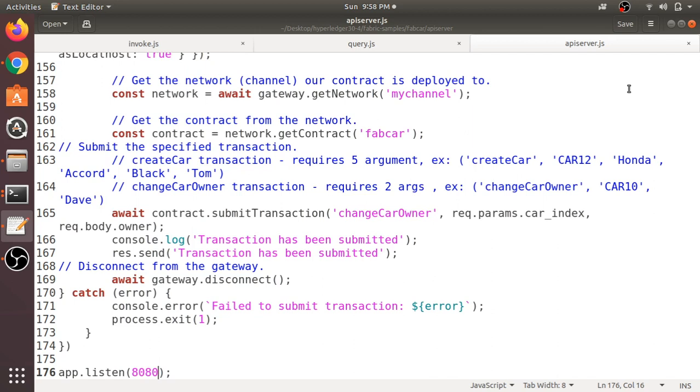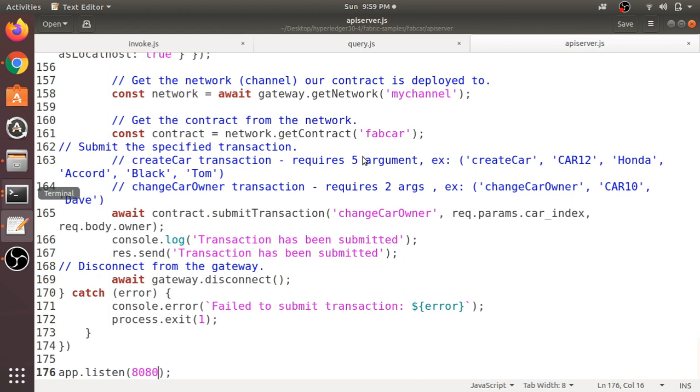So you know that while running with Node, if you update the JS file, you again need to rerun it. So in order to make it restart automatically after each update, it's better to use Nodemon.